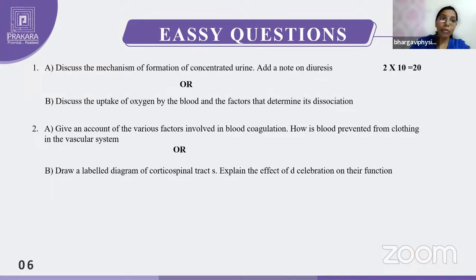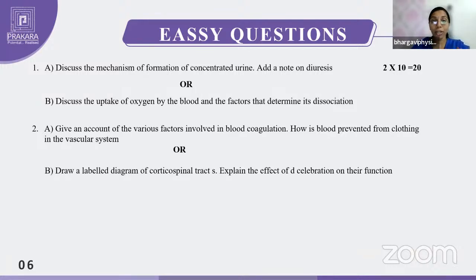When it comes to the first question B, regarding the uptake of oxygen by the blood, you are going to write under this how oxygen transport occurs. For this one you have to write the pressure gradients from the atmosphere to the blood and from the blood to the alveoli. And hemoglobin saturation and the oxygen hemoglobin dissociation curve and partial pressure at P50, that one